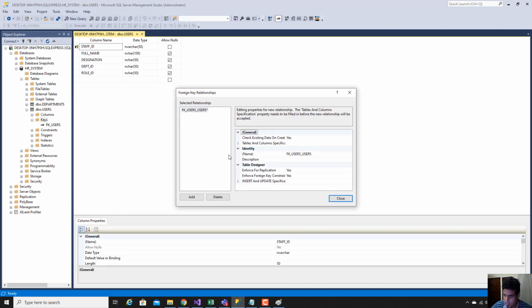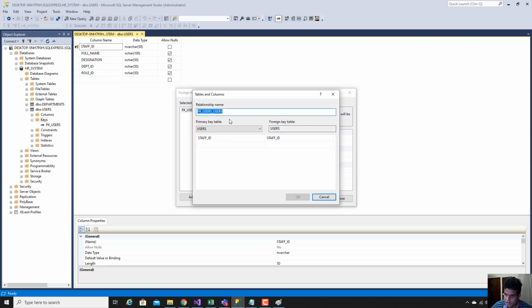Once you go there, you can see there's an option called tables and columns specifications. Click these three dots. Since we are going to create the foreign key for department ID in the users table, we need to find its primary key table.